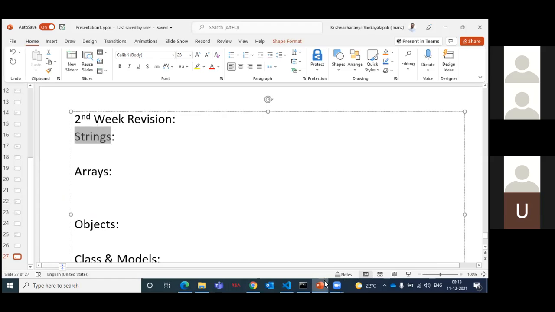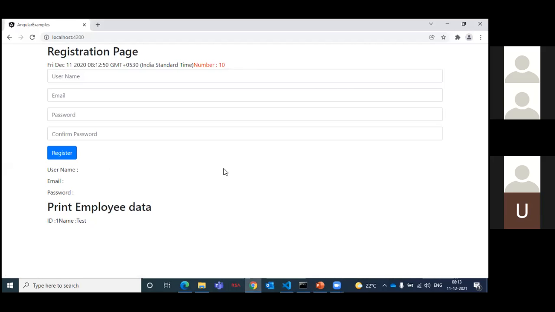Sir, without the string or without the data, can I hold the data? No. For example, as a user, you will enter some data here, and whatever you enter, you need to capture the data. To capture this data as a part of any technology, for example C#, .NET, ASP MVC, or Java, Python, PHP, if you want the user to enter data, you need to capture it. For that purpose, you require the data type. This data type will hold the data.